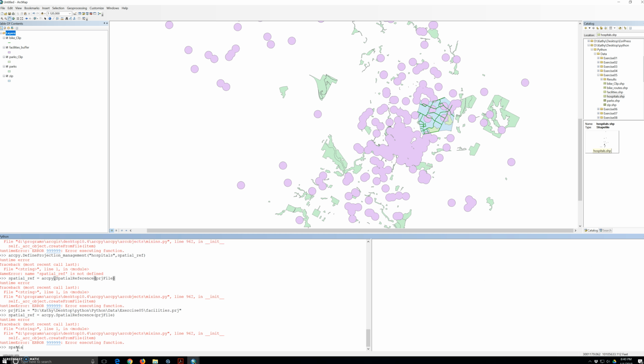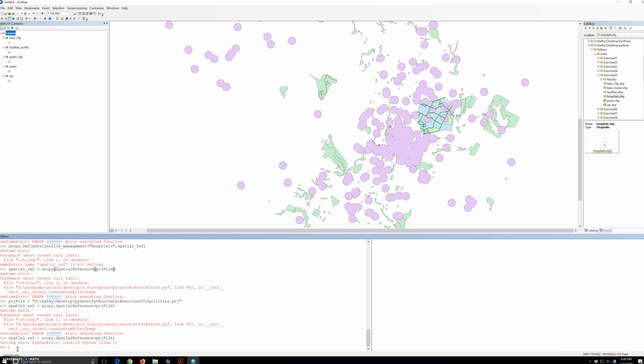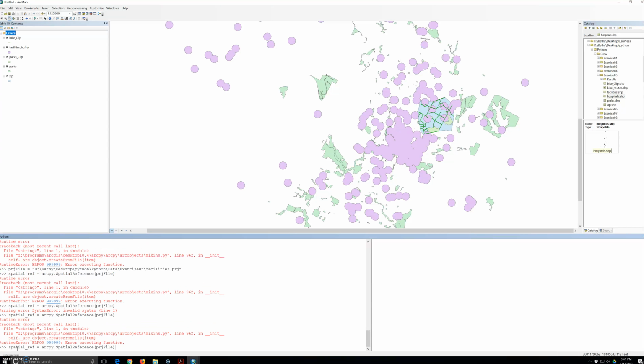Spatial reference. Let's see, spatial reference. Parsing error, invalid syntax, line 1. Alright. We cannot use